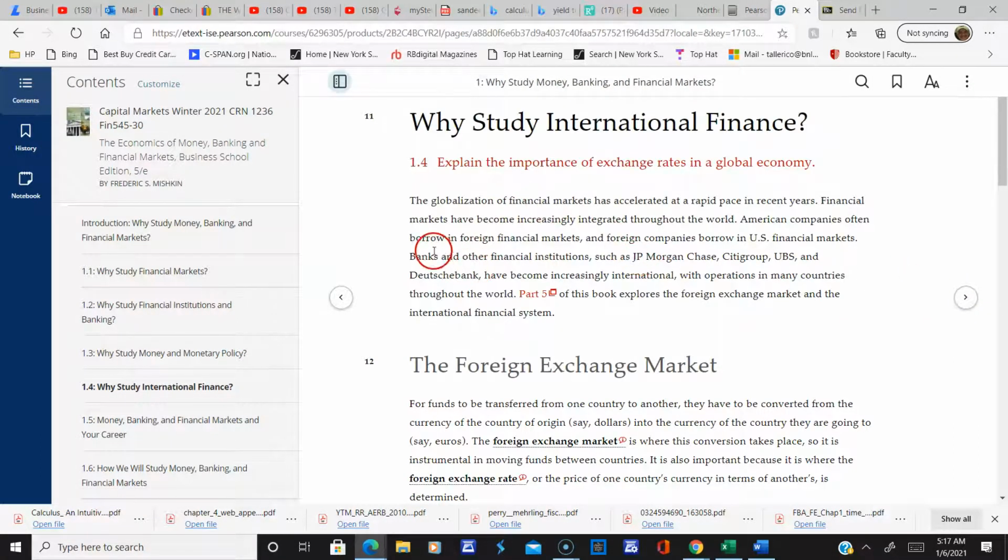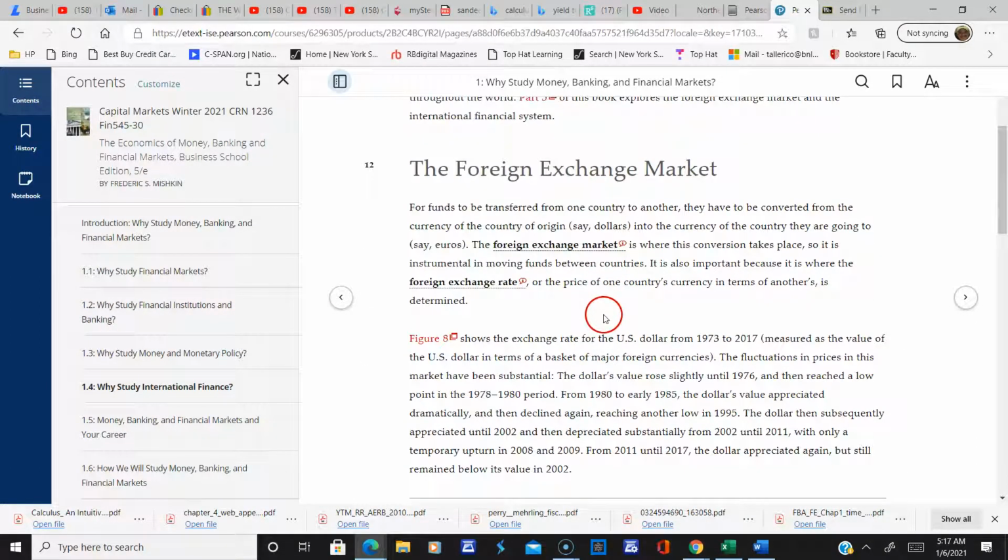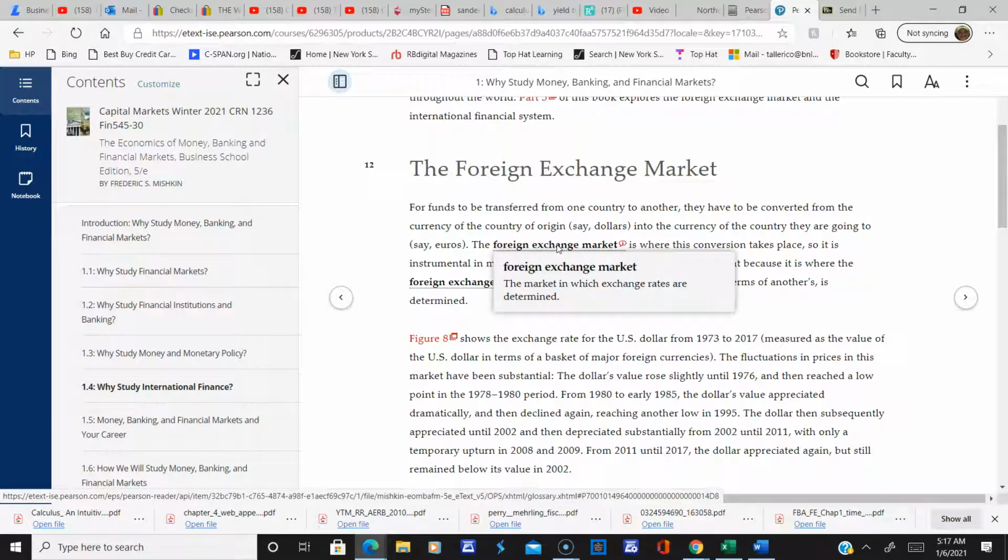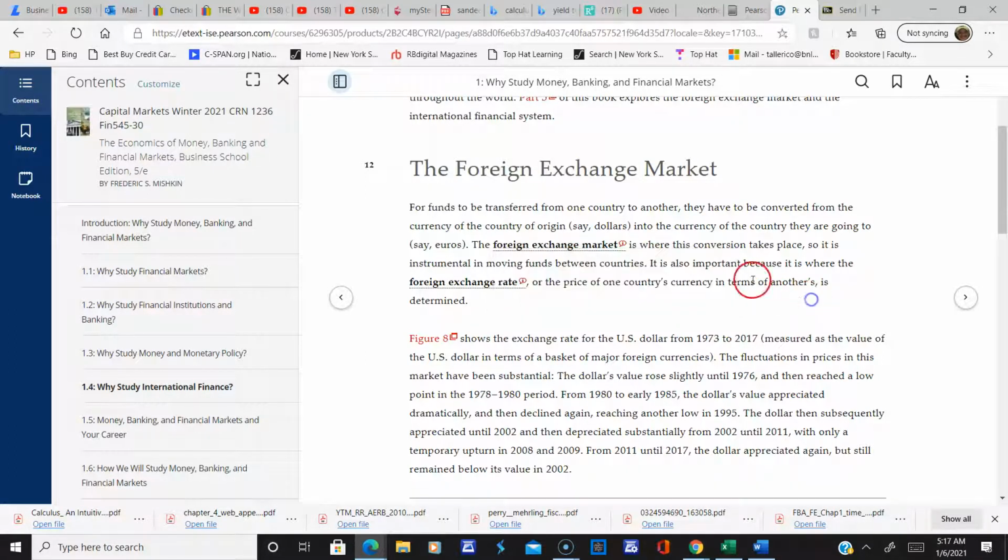All right, so we move on to international finance. International finance involves the rest of the world, right? And a lot of banks are global, multinational today: J.P. Morgan and Citigroup and UBS, everything is pretty much globalized. So the foreign exchange market is simply the buying and selling of currencies, exchange rates and currencies around the world, right? Exchange rates are determined